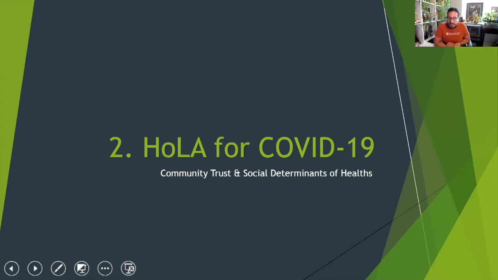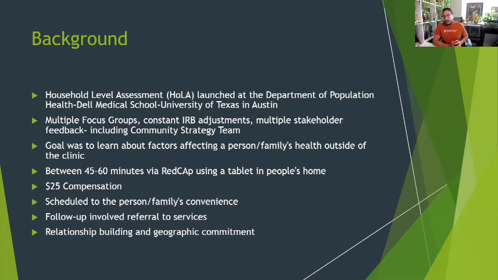One of the things that I'm going to talk about is what we call OLA, which stands for our household level assessment. Suzanne mentioned that her survey was an in-person survey, and that's really how we started. But because of the pandemic, we actually shifted into an online platform. That's one of the things that I'm going to be talking about here today. Next slide, please, Cheryl. I'm going to start here by talking about the background for the household level assessment.